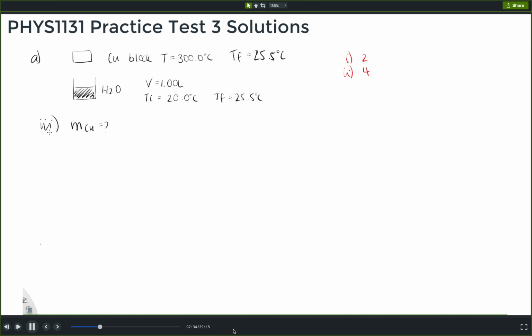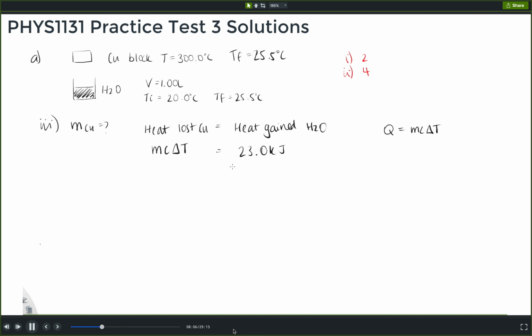So part III is asking us what is the mass of the copper block. So we know the heat lost by the copper equals the heat gained by the water. And we know what our equation for heat is. It's mcΔT. So let's sub in what we know. We know this is going to be mcΔT, and this is going to be the heat gained by the H2O, which is